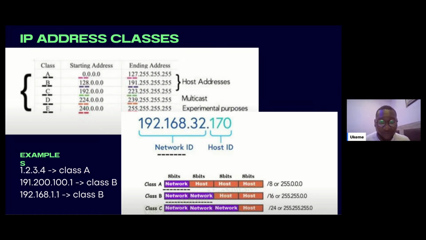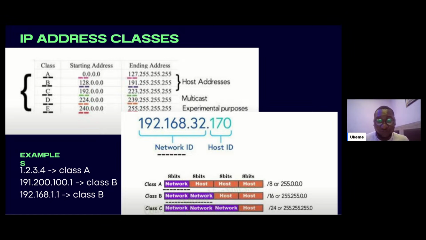Yes, hope you can see my screen. Let me now explain what is here. So we have IP address classes. This is a very important concept. When you see an IP address, you should be able to know what kind of class it is and why it is that class, right? So, like I said before in the dictionary example, everything is categorized. Every word in A is in the A class, every word in B in the B class, all the way to Z. They are all categorized.